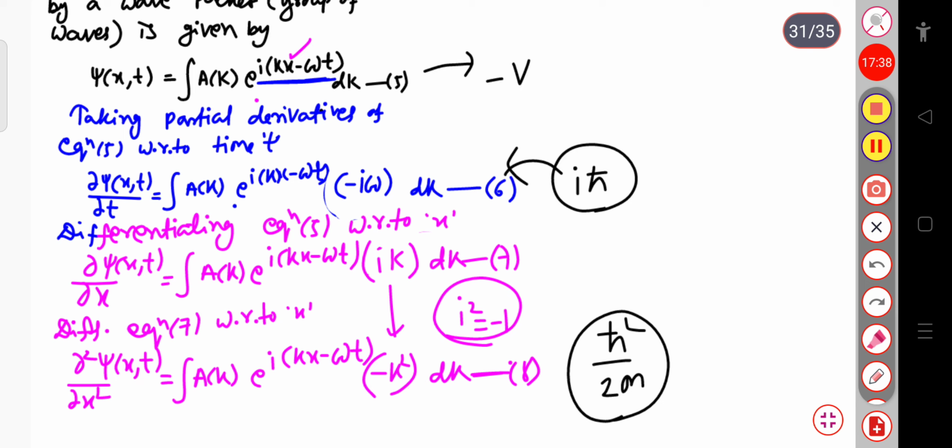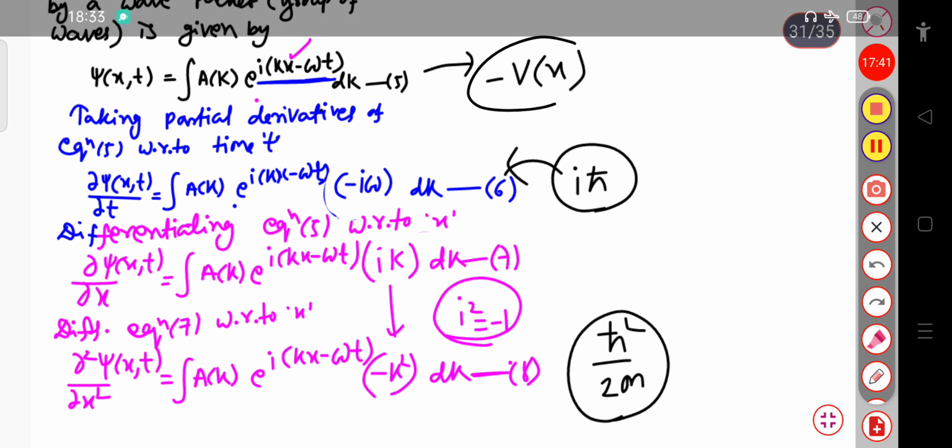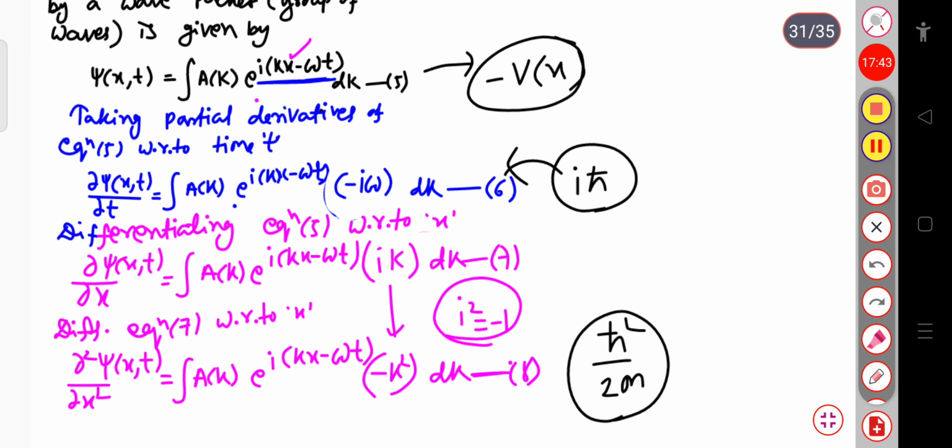Minus potential V of x in this term. Why am I doing this? At the end you will understand, so keep patience. Now let me write, multiplying